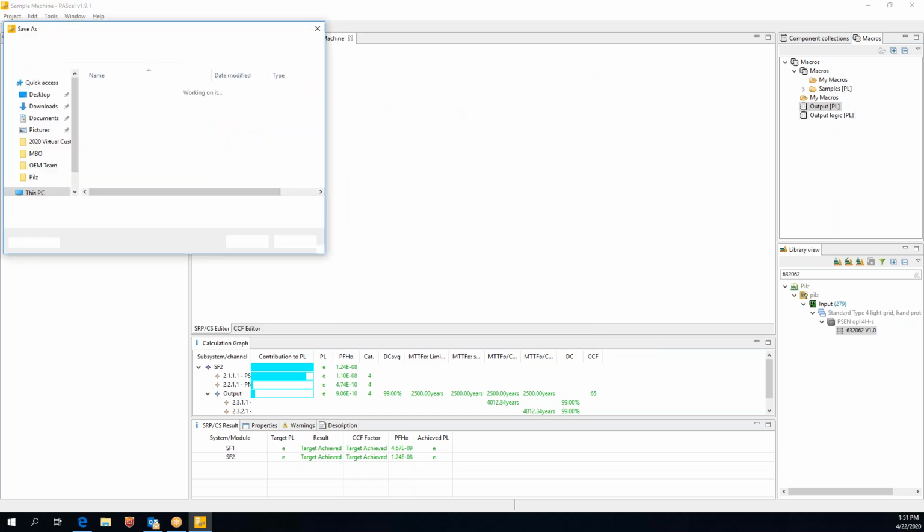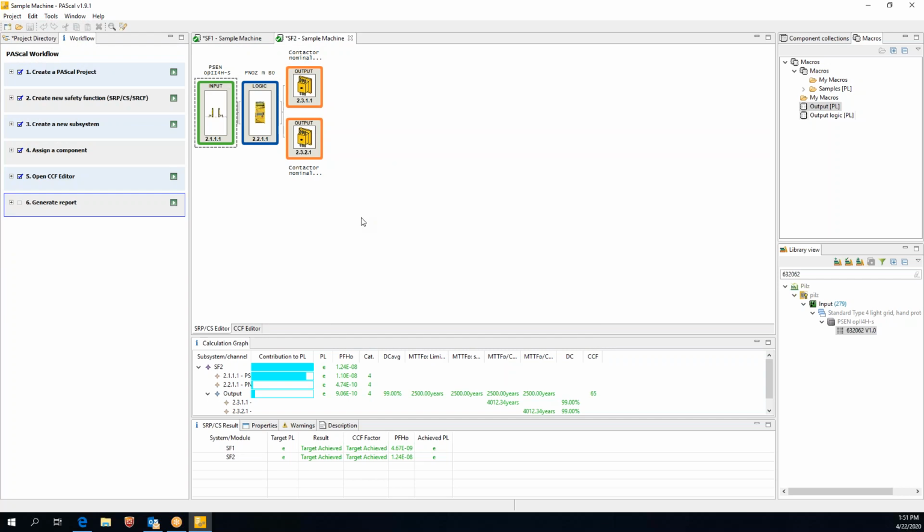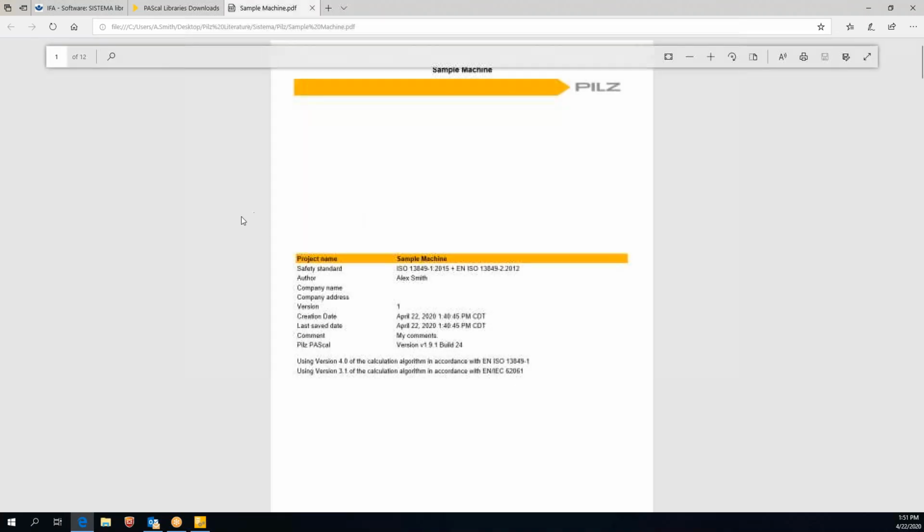And like I mentioned, what this report is good for is that it gives you some information in the case of you being an OEM to hand to your customer and say, hey, safety really meant a lot to us. This is what we did for the safety on this machine. This is how we achieved the PL level that was required, and it wraps all that up for them. If you're the end user, this is a good thing to store along with your risk assessment to say, hey, we've done our work. Here's everything we have for that machine, and everything checks off. So it's good to have all this information in one area. This report should be getting ready to open up for us, and we'll scroll through it really briefly and see what all it has in there for you.